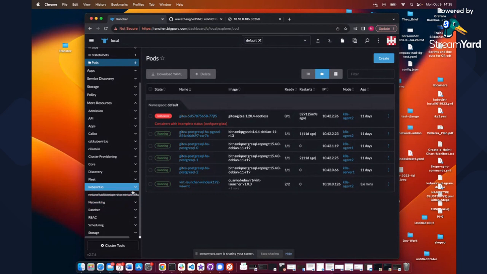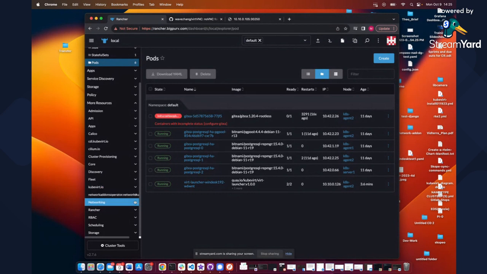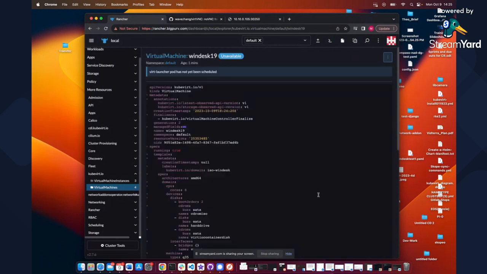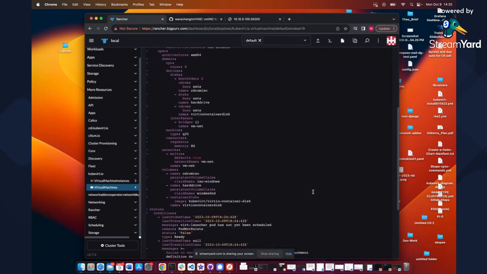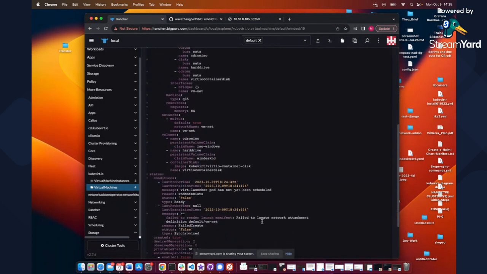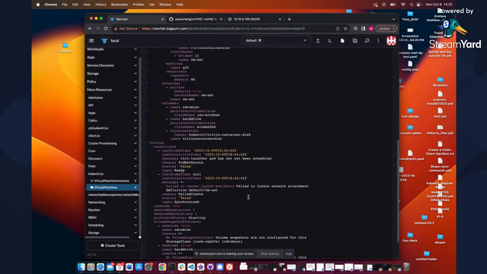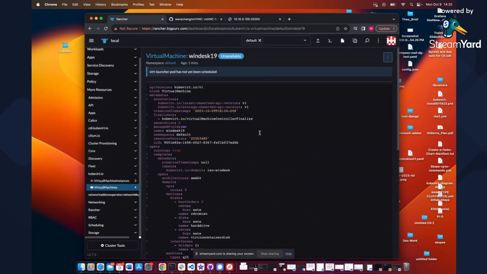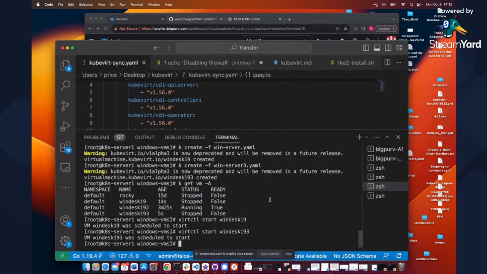It's probably an issue with what we were talking about with the actual virt-launcher project. If pod does not exist, ready? No. Failed to locate network attachment. Okay. All right. It shouldn't have any issues. That's fine. Because if we look at our definition,